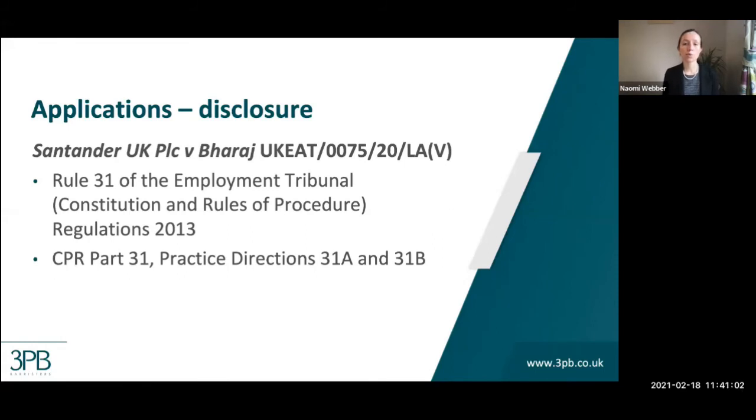The third and final point of the guidance in this case is that the judge made clear that it's not often the case, and certainly not always the case, that a judge must see a document to decide whether or not it is disclosable. This may sometimes be necessary, but very often evidence about the documents generally or about the category of documents will be sufficient. So those are the points I'm making on some recent cases in the realm of applications.